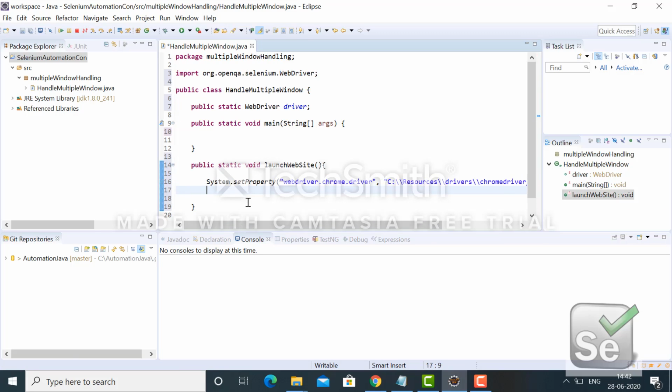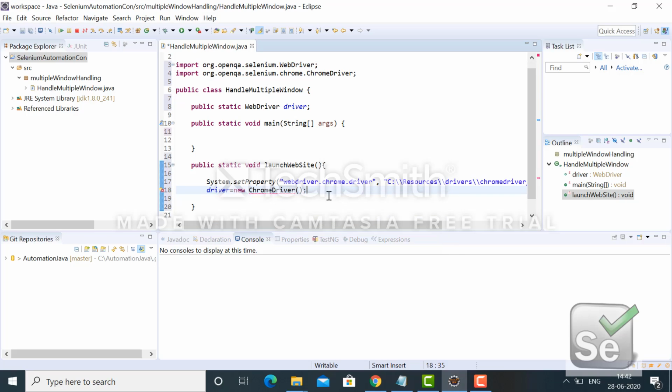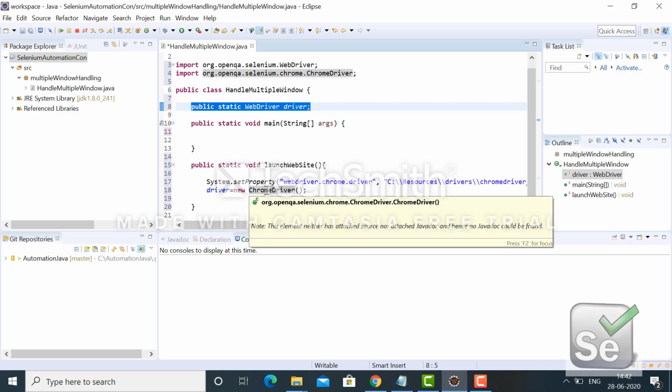Okay, once that is done, then what I have to do, I have to initialize the driver. Here I will use the Chrome driver, so obviously I have to do new ChromeDriver. One more thing over here, I have to import that relevant class also. WebDriver is an interface, and ChromeDriver is a class. So I have created one interface variable over here, and I am assigning the object of the ChromeDriver